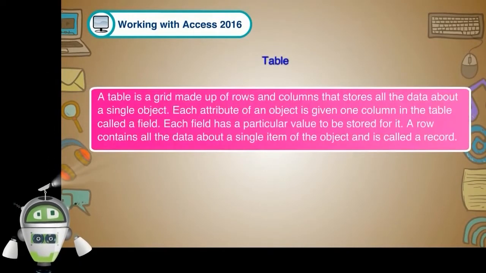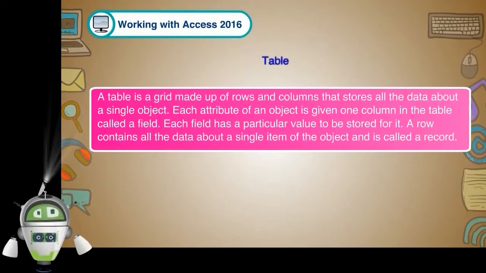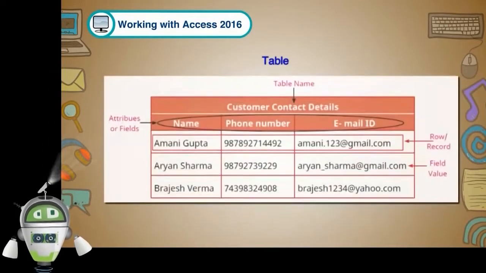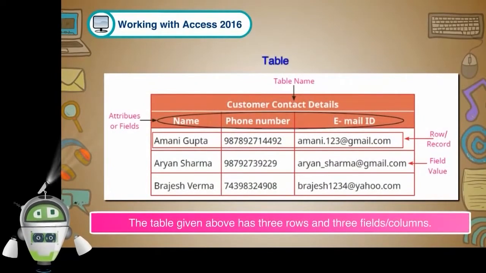Table. A table is a grid made up of rows and columns that stores all the data about a single object. Each attribute of an object is given one column in the table called a field. Each field has a particular value to be stored for it. A row contains all the data about a single item of the object and is called a record. The table given above has 3 rows and 3 fields and columns. You can see attributes or fields in the top column, below the table name, row and record, and of course